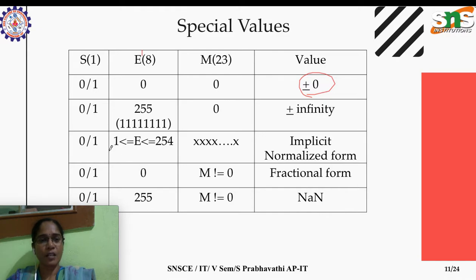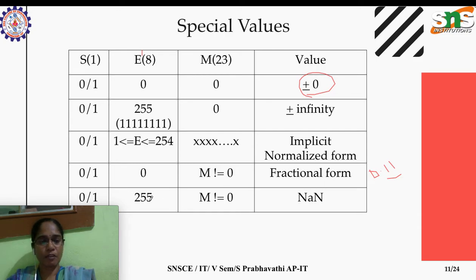Okay, and see here, if the exponent is 0 and the mantissa is not 0, it means the number is represented in a fractional form. Okay, since there is no exponent, then definitely it will fall into a fractional form, like 0.11. So only the mantissa is there, so the exponent is not mentioned. Okay, since the exponent is 0, the given number's mantissa will be in a fractional form.